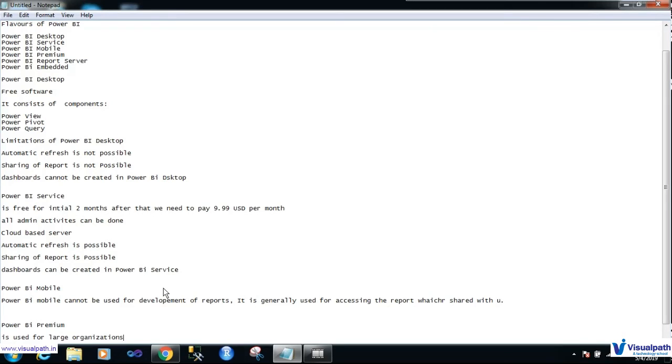Instead of buying individual licenses for each employee, the company can buy licenses in bulk by Power BI Premium. Got the point?